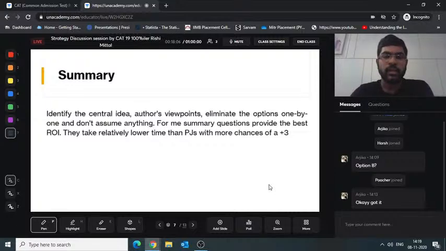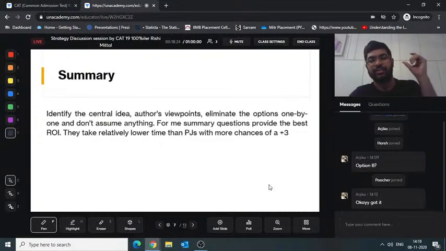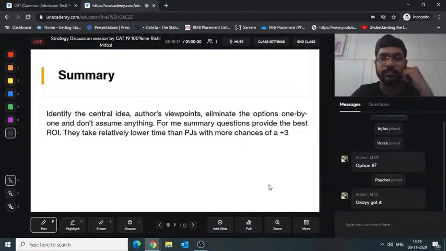So when you're doing the summary questions, keep in mind a couple of things. This is very similar to an RC question if you have attended my RC session or if you've seen it afterwards. Eliminate, just ignore the examples. I have learned this through multiple experiences wherein, author would mention an idea, discuss an example throughout the paragraph, and then just conclude that idea. And you would feel that that example is the crux of the passage, the central idea, but that's not the case. Try and identify which are the examples and which is the core idea.